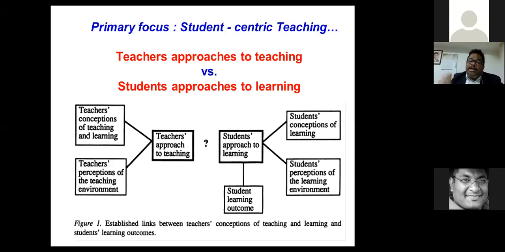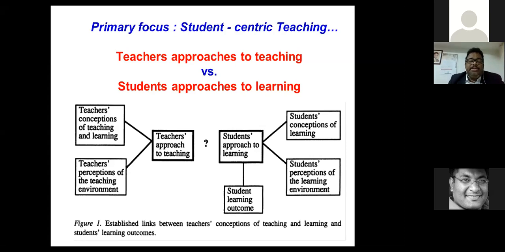So then they will read the book. What is this 1N4007? What is rectification? How does it happen? What will happen if I take one rectifier? What will happen if we take two rectifiers? What will happen if we take four rectifiers? So all these things, then they will open the book. So students, in most cases, want to learn in that way. But not that it is the only way. There are many ways this generation of students want to learn. So that kind of student-centric teaching is very, very important.